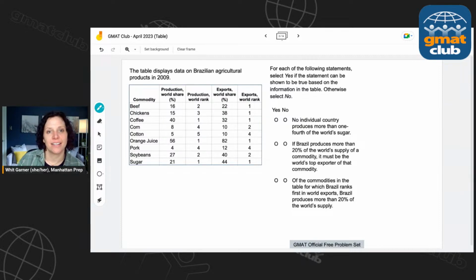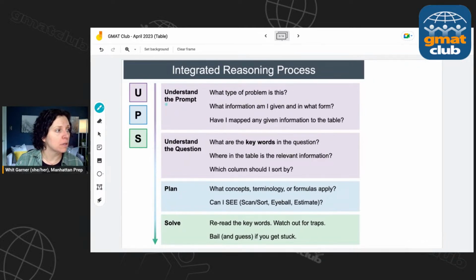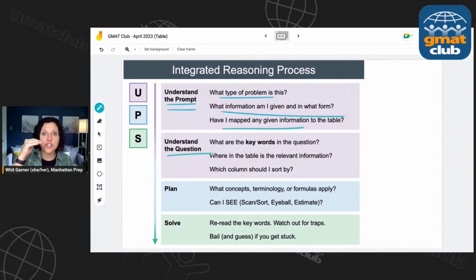All right. So let's take a look at this one and we'll run through the steps of UUPS. So understand. The first thing that we need to do is understand the prompt. So what type of problem is this? What information am I given? Do I need to map any of that information out onto my paper? But then I also need to understand each of the individual questions, things like keywords or what information is relevant